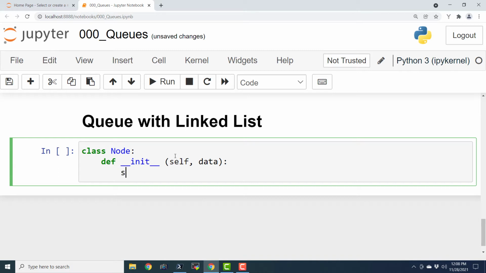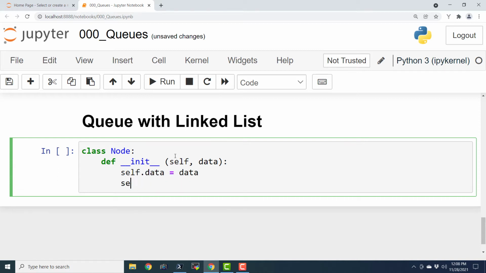Okay, and we are going to say self.data equals data and self.next equals None. So this is the node of our linked list.